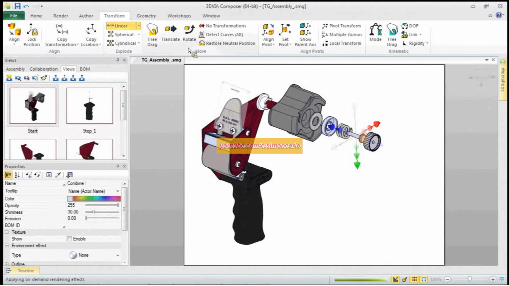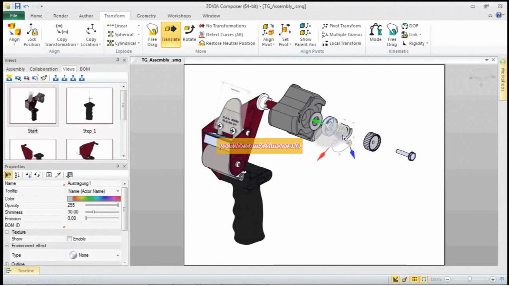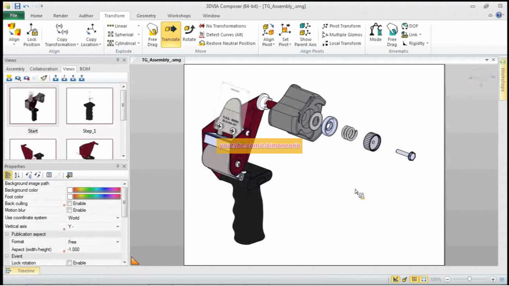I can also easily tweak these items, and what you'll notice about this is that really this is designed for someone who's not necessarily an engineer, and so we can simply tweak these items, position them where we want them to get a nice exploded view. We'll go ahead and